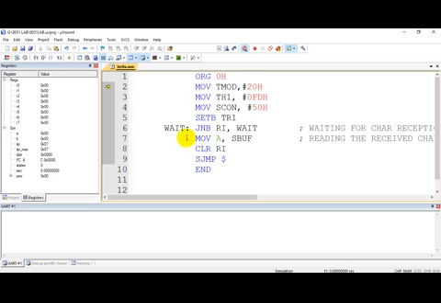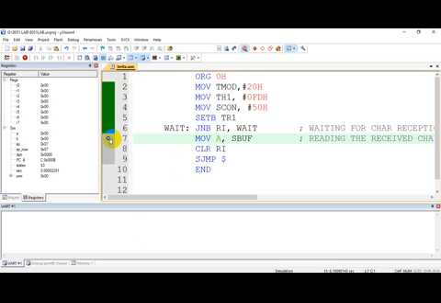Now see, I will execute the program. If you see here, it will always be in this loop because you have not received any character. If the PC sends any character from the hyperterminal, RI will become 1 and it will come out of the loop. For that, I will keep a breakpoint. A breakpoint is the point up to which the code executes when you run it. To keep a breakpoint, simply click there. That red dot indicates you have kept a breakpoint. Now run the code.